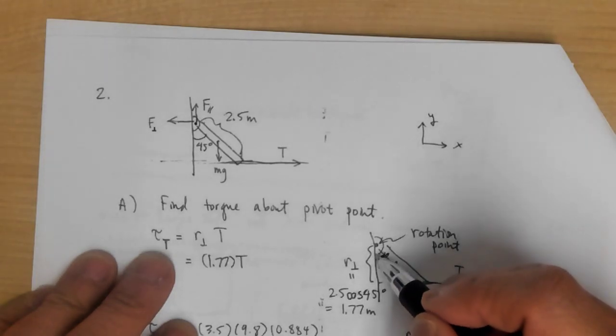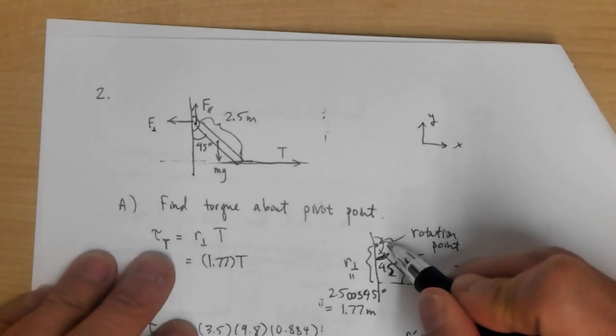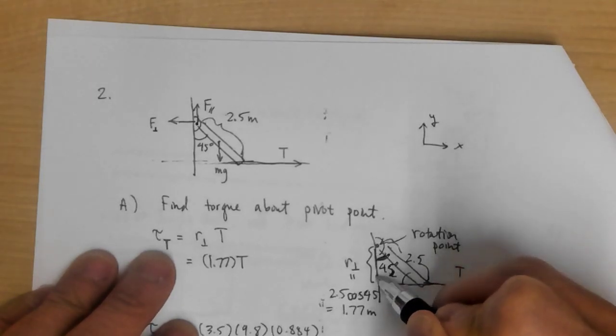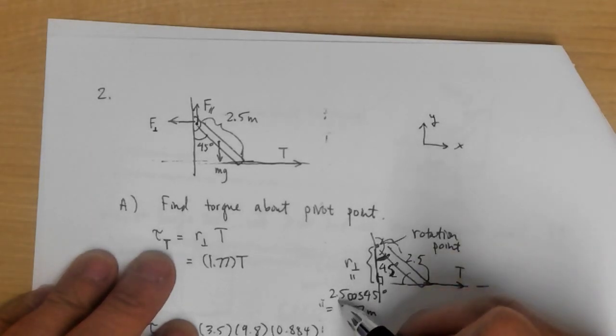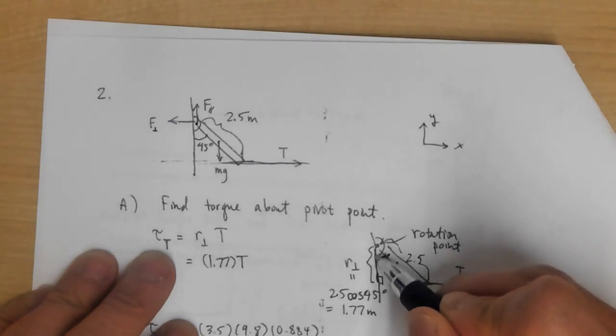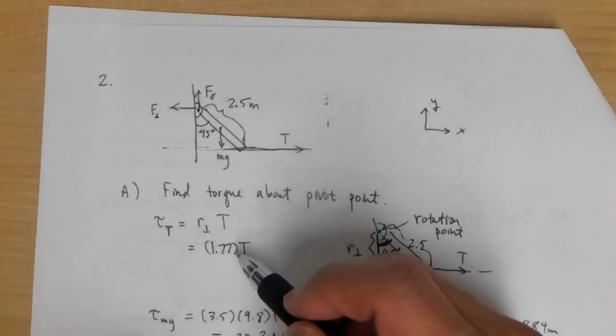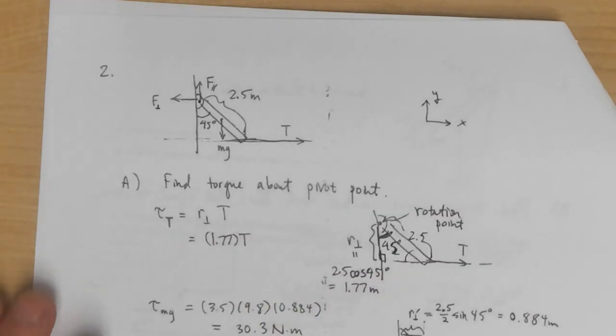And so this is the adjacent side. This distance is 2.5, that's the length of the hypotenuse. This is this side of the right triangle, so 2.5 times the cosine of 45, that's 1.77 meters. So it's R perpendicular times the force T, so 1.77 times T. Then we're going to get the